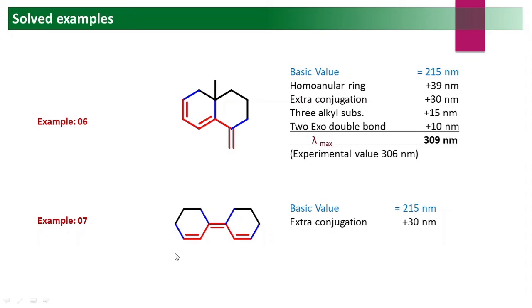So see here, the substituents on the extra conjugation also have to be counted, remember that. The substituent of the extra double bond should be counted, with a value of 5 for each R group. Now see, this is a substituent, this one is a substituent, this one is a substituent. So there are 4 alkyl groups as substituents. 4 hydrogens are replaced by these 4 R groups. So there are 4 substituents, so we have to add 20 for that.